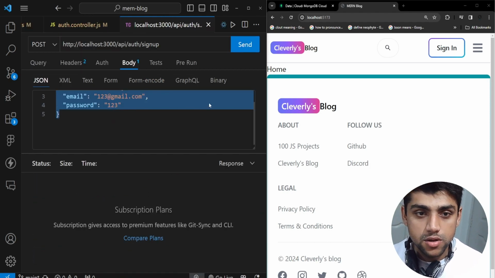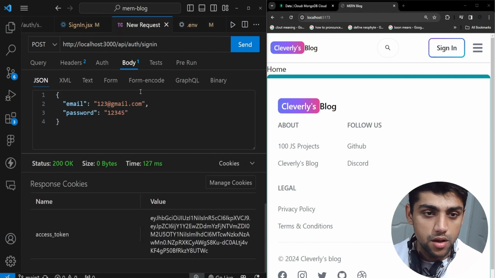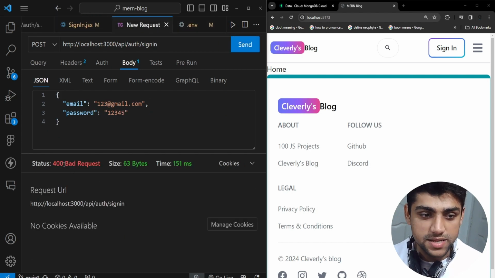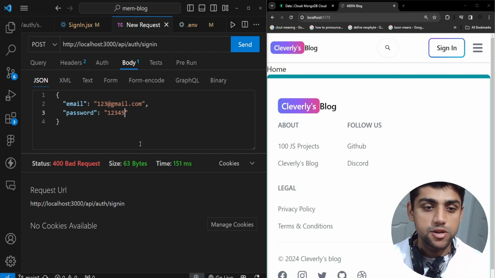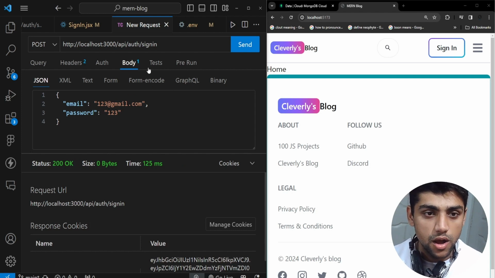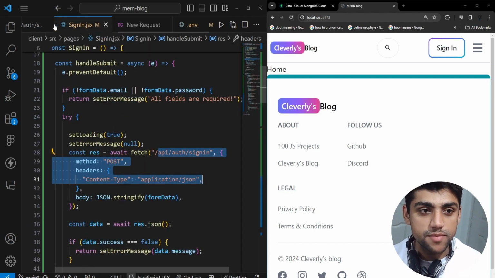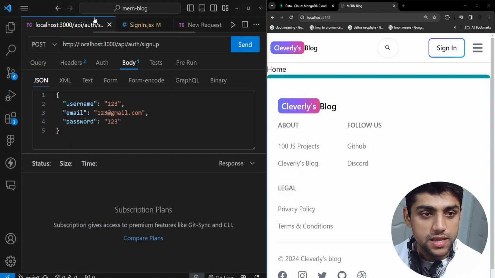Go back here. Now try to sign in with an invalid credential, and it's gonna say bad request. Okay, so sign in, it didn't work. Let me go with the correct ones. Okay, it worked. Okay, 400 bad request. One minute. So what I believe is that it shouldn't say bad request, but